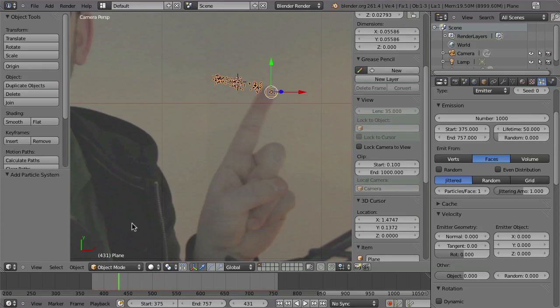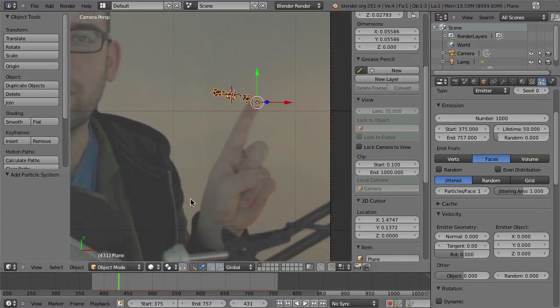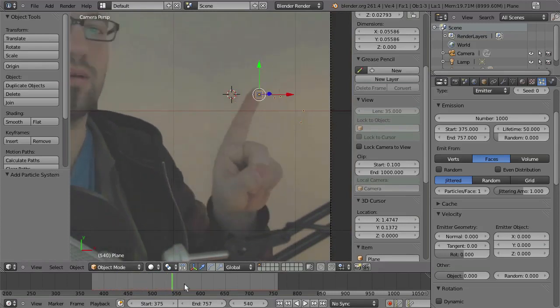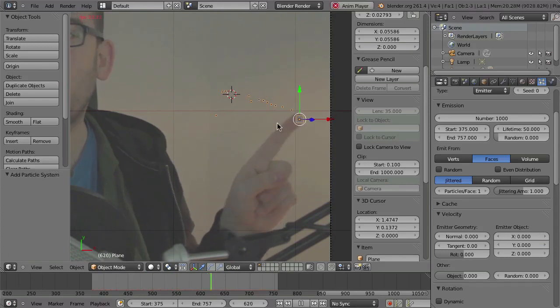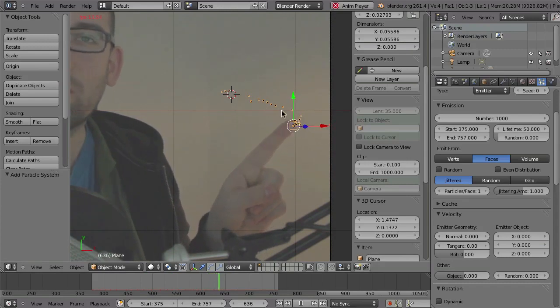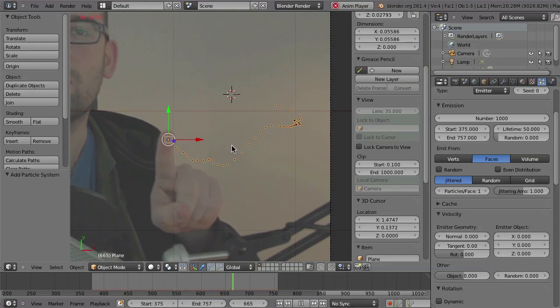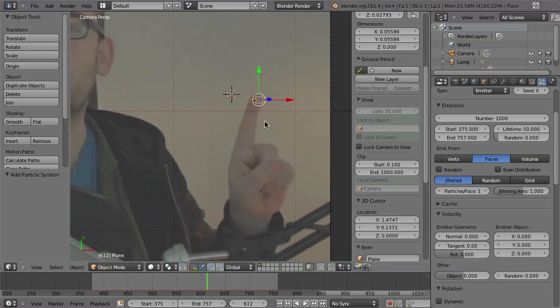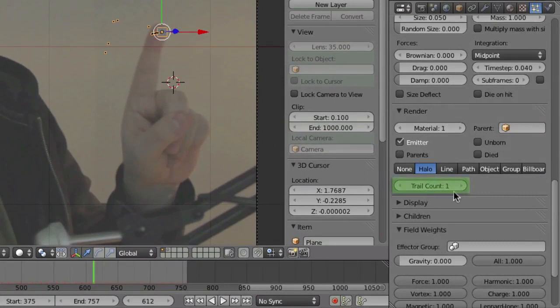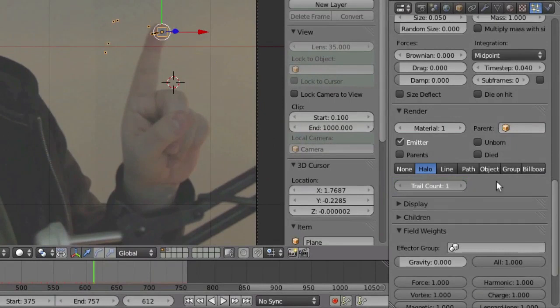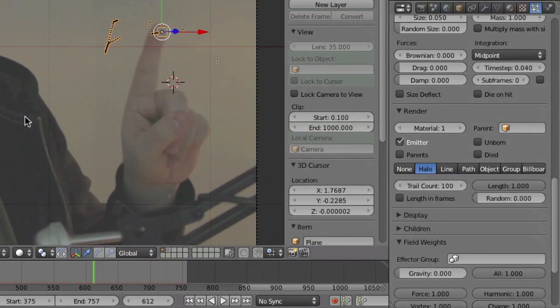Alright, now there is one problem, and that is the finger moves rather fast. So here, when I go forward, so in this area, the simulation will be kind of bad. Because since the finger moves so fast, there will be not enough particles between the single points so that it will not look like a straight line. And there is one thing that you can do about that, and that is to enable a particle trail. And you can do that here in render. So when you set the trail count higher than 1, there will be additional particles filling up the space between these single points here.